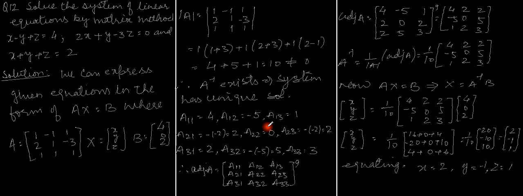So after watching this video, you can complete the exercise. In the exercise we have question number 15 also. In question number 15, matrix A is already given, so find A inverse. When it is asked to find the A inverse, you have to use this adjoint method. Then with the help of that A inverse, you can solve the given system of equations.